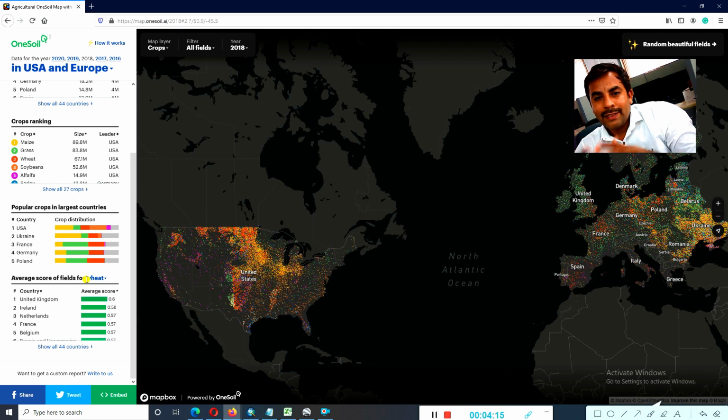Why am I showing you these details? Because they collect data online by satellite and put it here, and that data affects the entire world, because some countries don't have, suppose, wheat. So these countries take the detailed information and provide the data. I'm not spending more time here, just showing you the beautiful random map.